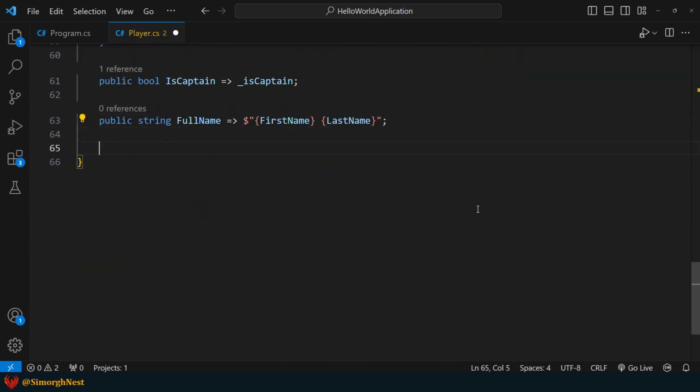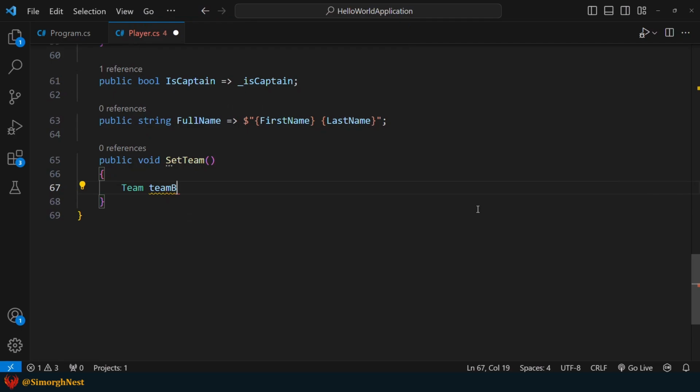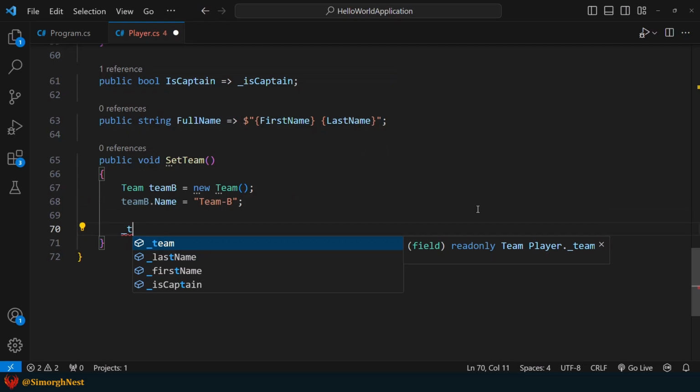Next, let's define a method called setTeam. Inside this method, let's create a new team object. Then, let's assign this new team object to the team field.